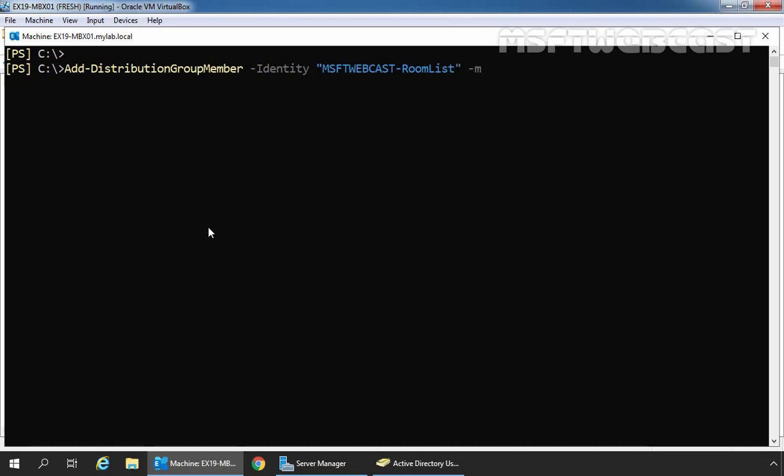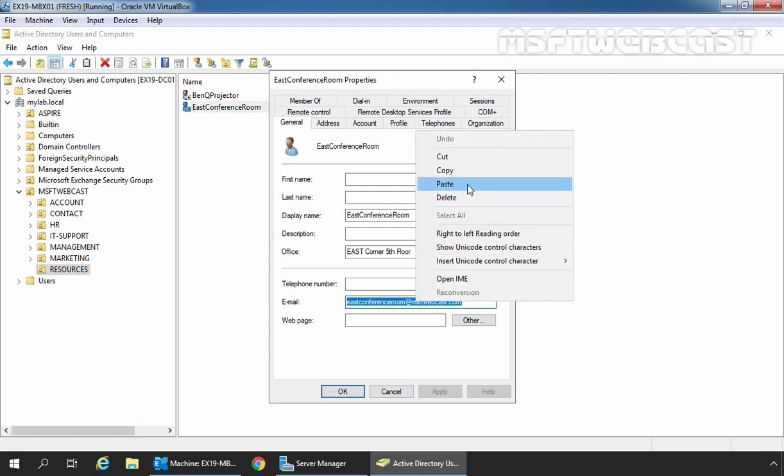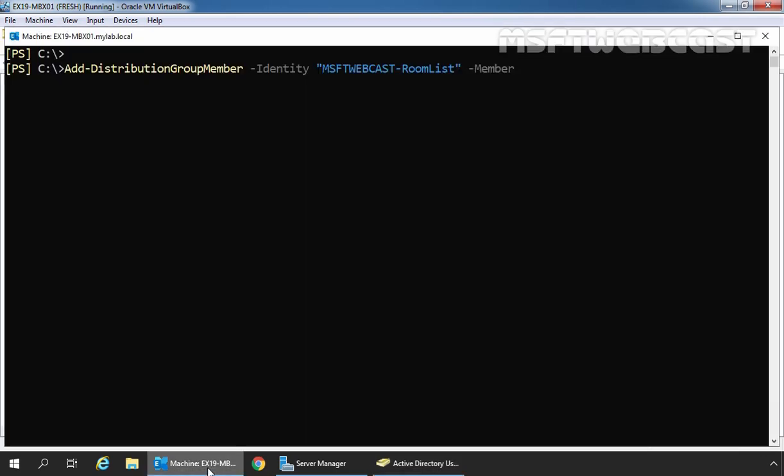Then after we need to specify the name of our member. Let me copy the name. Okay, this is the email address. Let's copy it and paste it in Exchange Management Shell. Fine. Let's press the enter key and perfect. The command is completed successfully. That means we have successfully added our room mailbox to the room list.